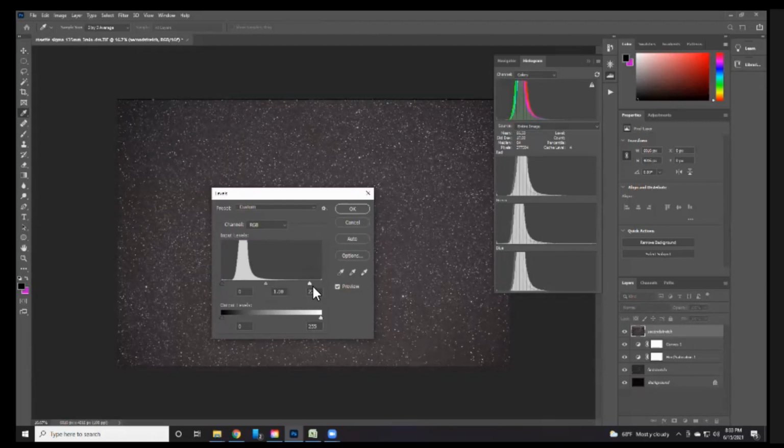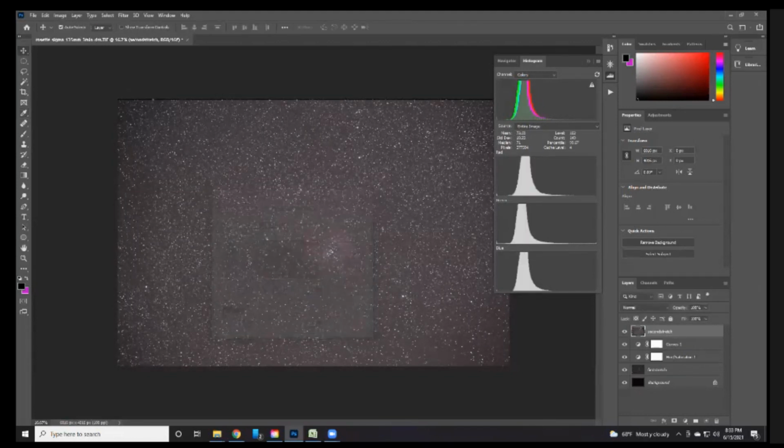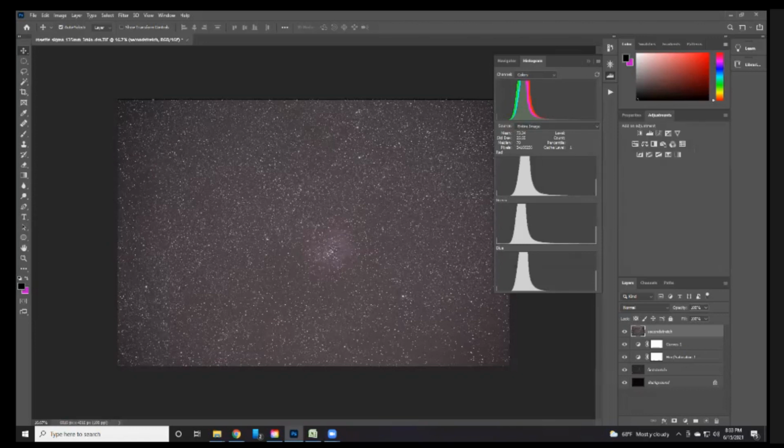I'm going to pull this over, try to lighten the image now that I just darkened it, and try to get more of those colors to show up. So I'm going to click OK, and then I'm going to hit my triangle here again to make sure my histograms are updated properly. Looks pretty good. Now I'm going to go back to non-destructive